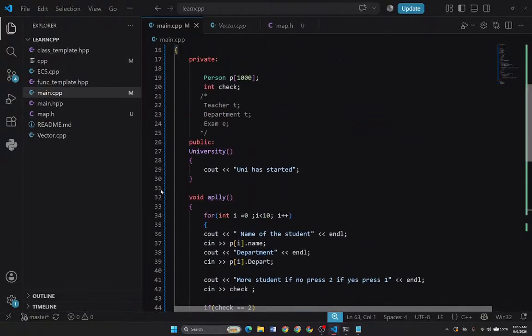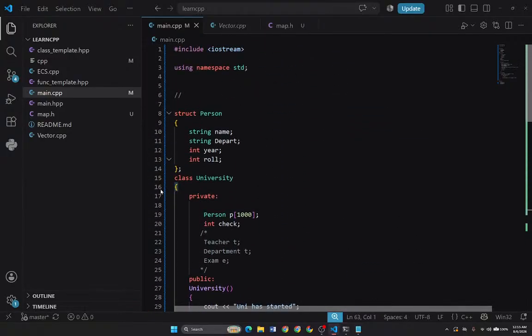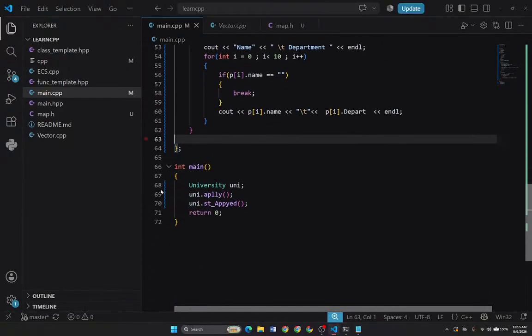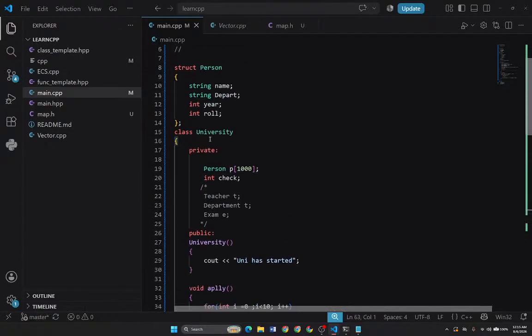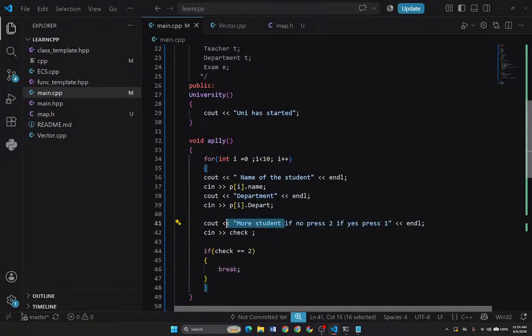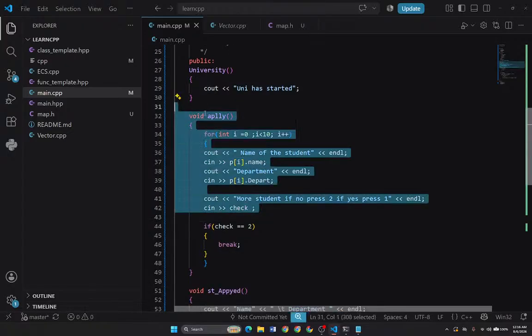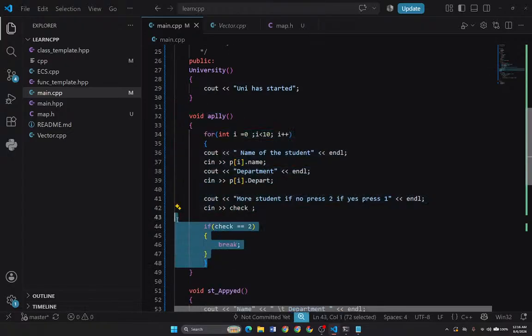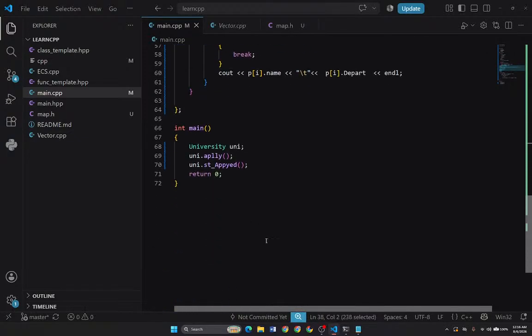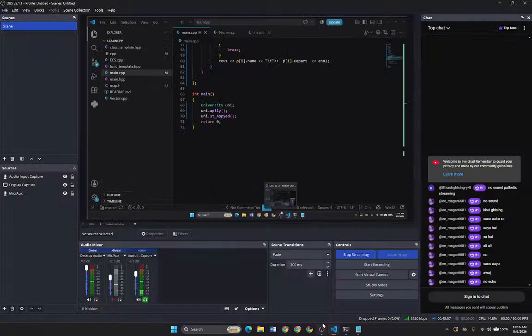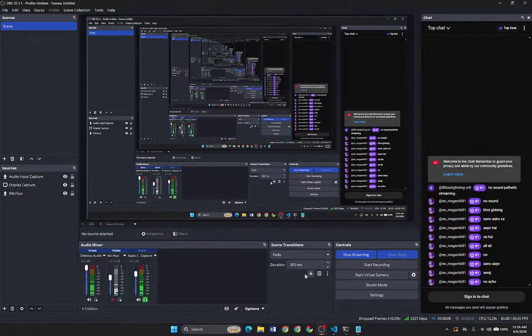So these are some basics you actually need. And also I've used everything, I guess. Yeah, we have initialized variables, we have structures, we have classes, we have printing, we have for loops, and we have if statements. So actually this became a basic thing, so we're gonna go a little bit deeper tomorrow. So thank you for